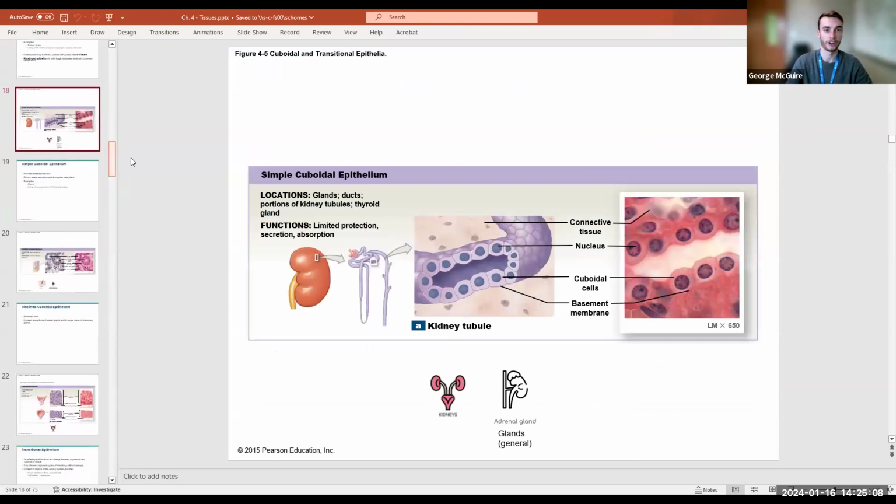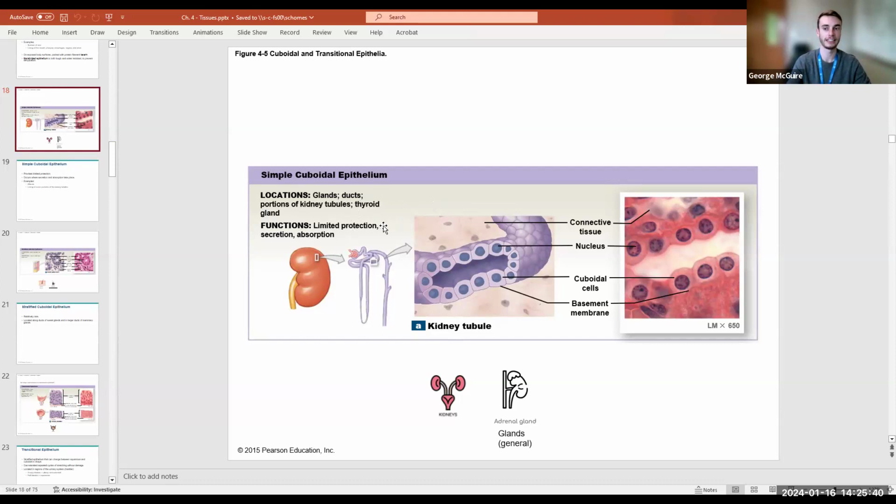Okay, so now cuboidal epithelium. Again, we have a little bit more space in these cells now compared to our squamous, and so there's room for functions. And so most of our cuboidal epithelium is going to be involved in secretions that aren't being released in high volumes. So things like hormones, or specifically all of our glands are going to be some sort of cuboidal epithelium. So we have simple cuboidal epithelium, which again is part of glands and ducts, portions of our kidneys